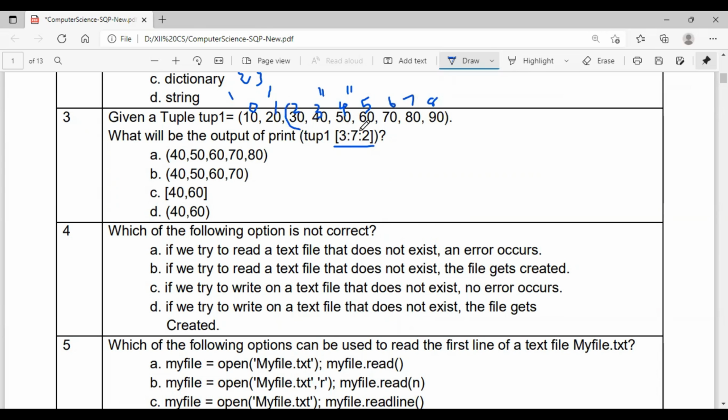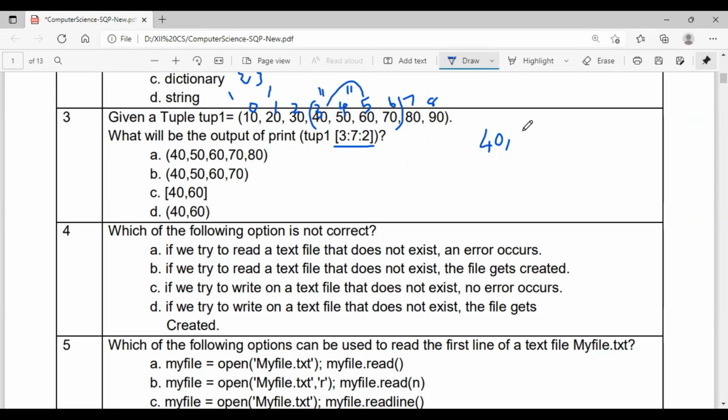Already given that it should start with the third index. So I will take from here. And 7 means I can take only till 7 minus 1, 6. Okay, sorry, third index means what? You have to take it from the fourth one. No? I have marked it wrong from here. This is the third index starting. So third index, what is the value? It is corresponding to 40. Okay, it is 40. And after that, the next value should be incremented by how much? Plus 2, because the step value is given as plus 2. So 3 plus 2, how much? You will get 5.